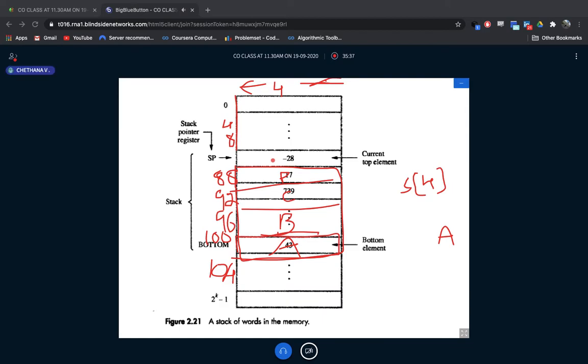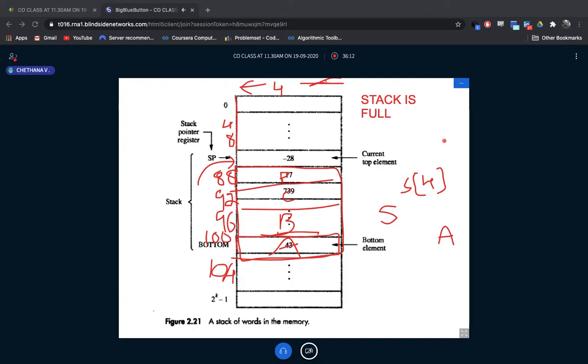Here we are going to have only 4 data items. We'll be having space from 100 to 88 only. You can't use extra space over here because I've reserved my stack only for 4 items. Now, next time I want to insert one more element. If I want to insert a new element, it will say the stack is full. What message will it give? It will give you the message: stack is full. I hope you are clear.